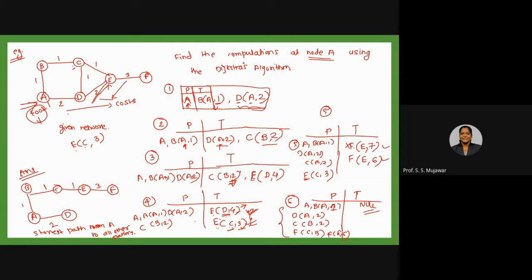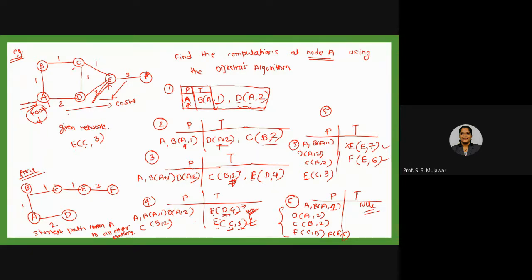From A, the same distance is there for both nodes, 1 plus 1, 2, and this is the 2, right? Now I have the same distance. Usually what we used to do, the minimum distance, whoever will be there, that we used to move into the permanent. But now here we have the same distance. But now I can analyze that D is having the direct link and C is going via B, right? So I can choose D of A2 here.